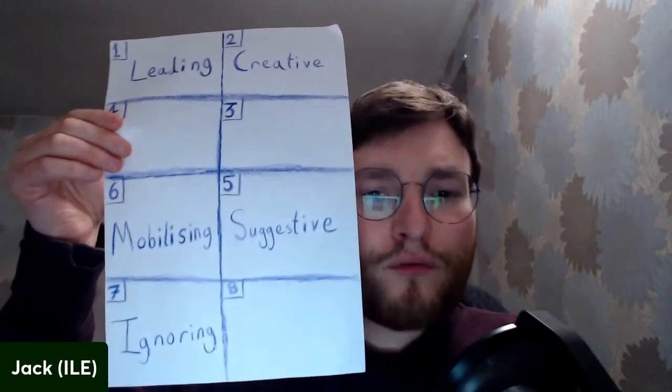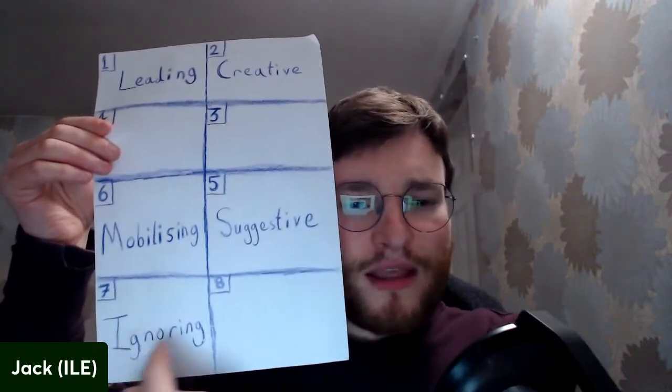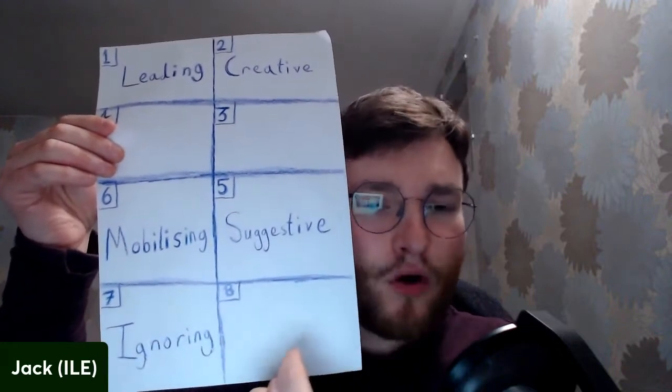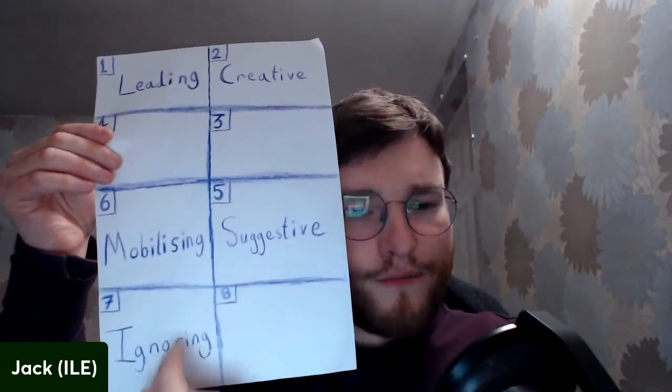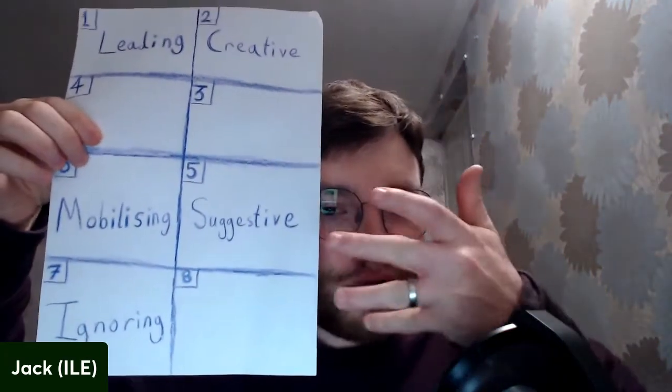Why is this? Well, first of all, we need to consider what this row is. This row is called the id block. And the id block, although both functions here have something in common, which is that they are both strong, like the ego block. This is a place of competence and capability. However, unlike the ego block, this is instead an area which is not valued, it is neglected, it is not wanted. And that means also, rather than being public, it is actually private. And that's why it's in the bottom two rather than the top two.